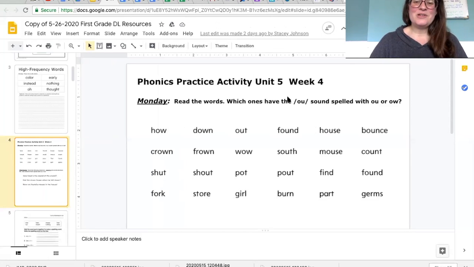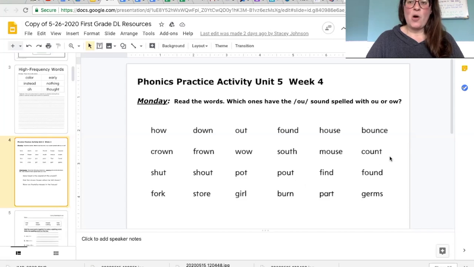So when you see OU or OW in a word, you can think of me going, ow. For example, if I read this, how, or maybe this one,